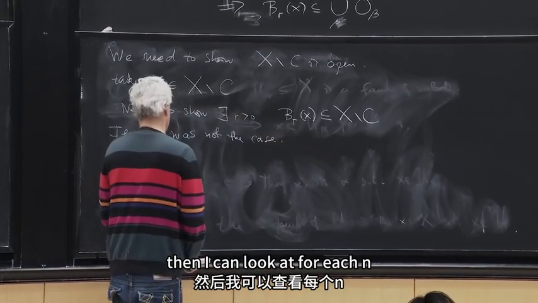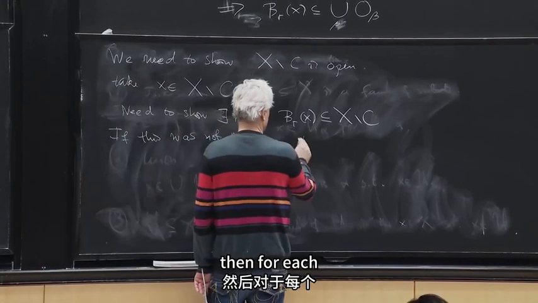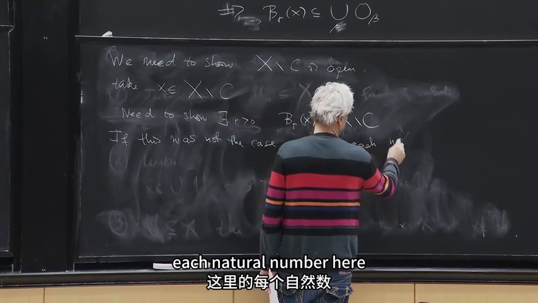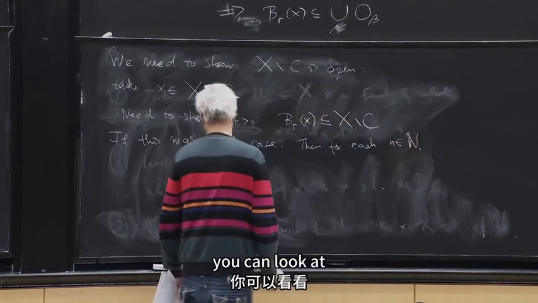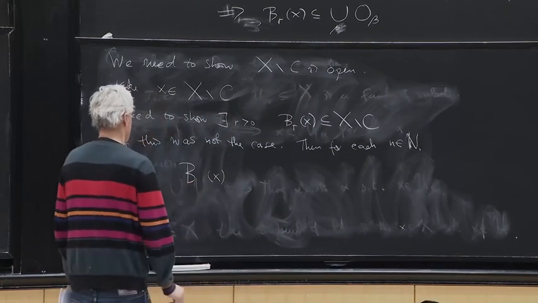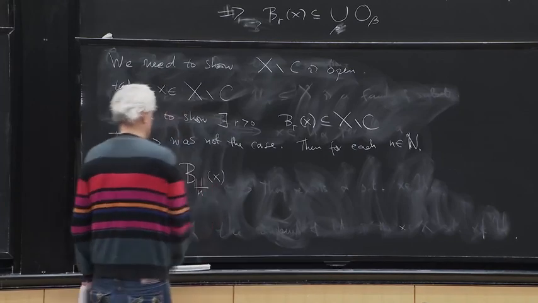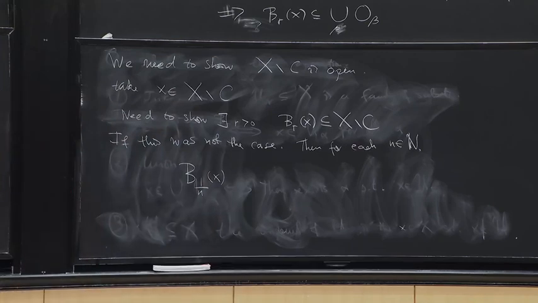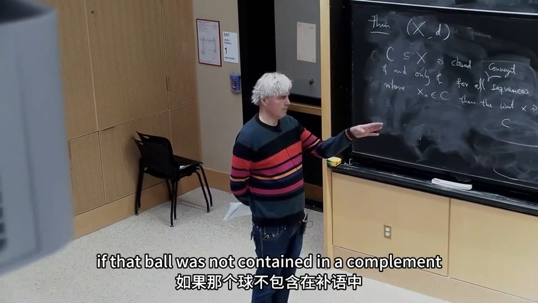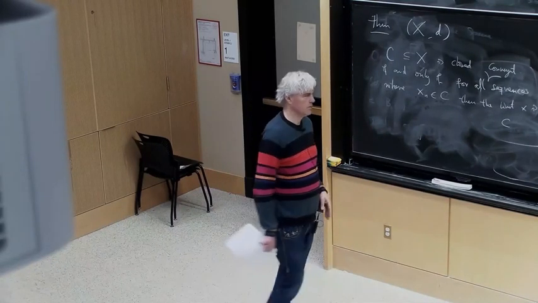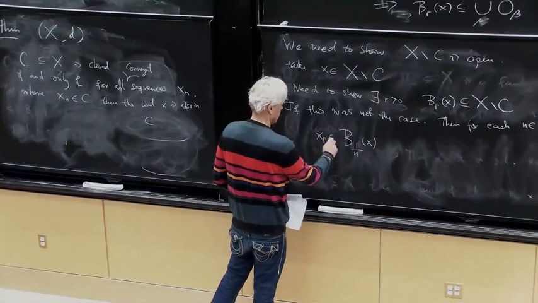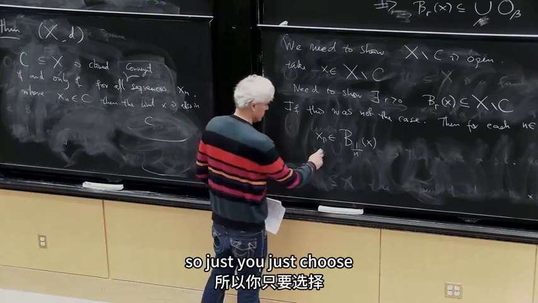Then I can look at, for each natural number n, the ball. It's always going to be centered at this x, but I'm looking at it with radii that are smaller and smaller. Right? If for each natural number n that ball was not contained in the complement, this means that for each n you could pick an xn in that set. So you just choose,